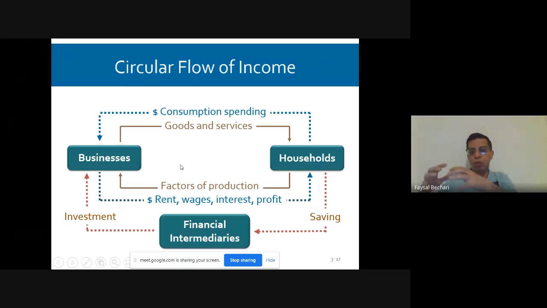Now, when we said the investment is autonomous, saving is against the investment. A household doesn't invest; income minus the consumption gives you saving, and this saving you put in the financial intermediaries like banks and insurance companies,